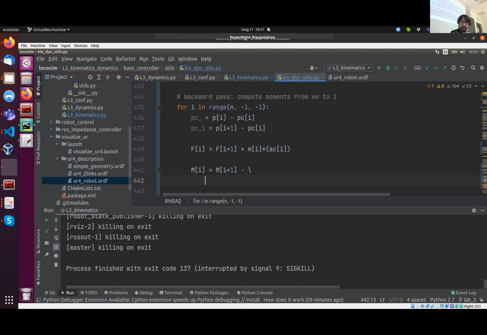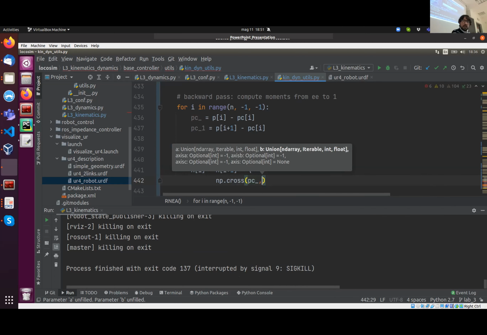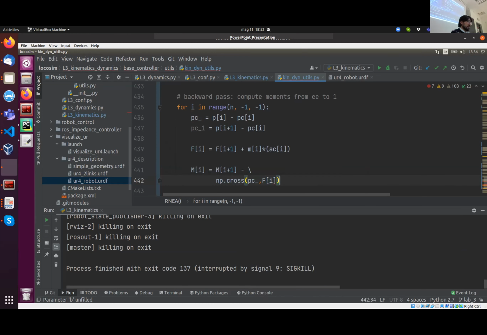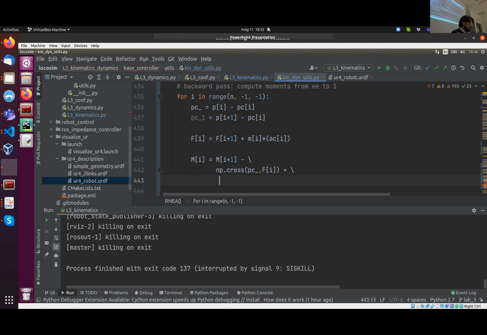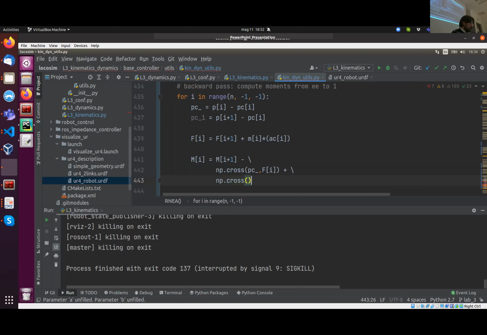I think this should work. I don't know why it didn't put me in the right position. So MP cross PC underscore FI. This is a moment due to the predecessor link that we're subtracting. And then we add a backslash. Why is it taking me all the way there? I don't know. And then MP cross PC underscore 1 comma FI plus 1